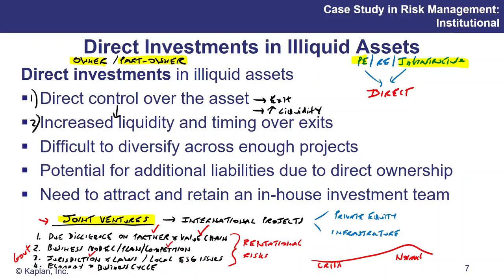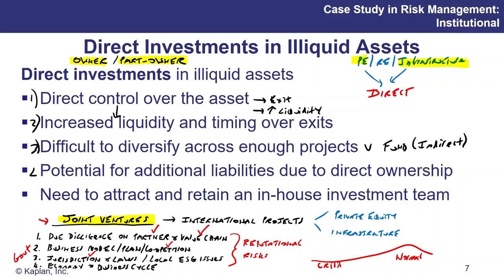Now, a big chunk or lump of investment, quite a lumpy investment, makes it very tough to diversify across enough projects. Whereas if you had chosen an indirect investment through a fund, well, you can spread your money across with other people's money as well, and be much more diversified.